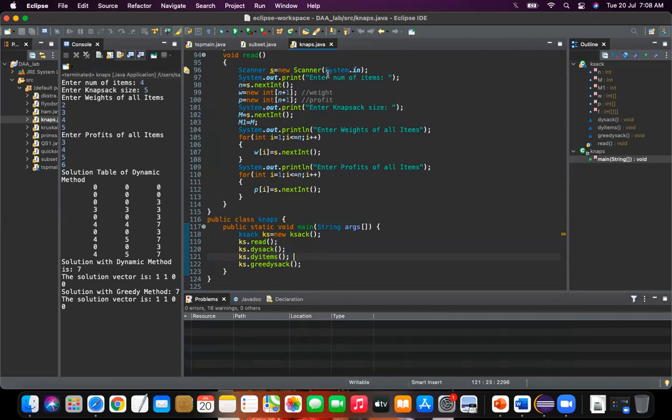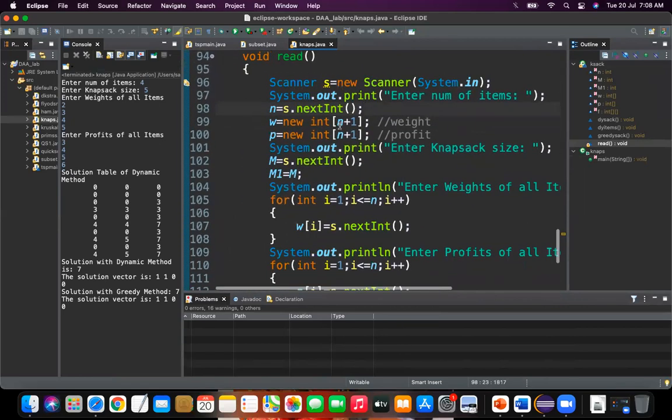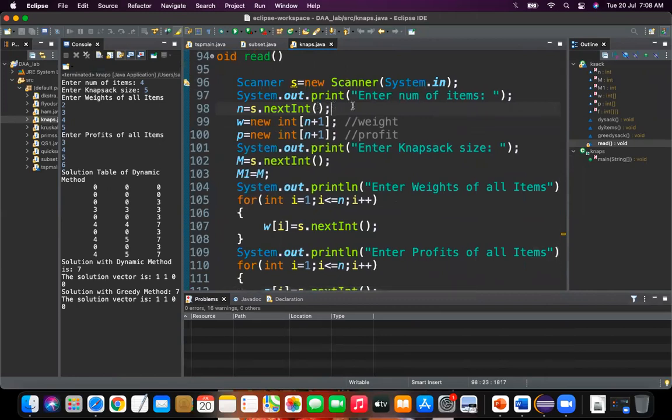Read function. In the read function, what are the things you need to read? First thing is enter number of items. That value I will store in the variable n. Next, weights. I have created an array weight, and to store the profit, I have created an array profit.